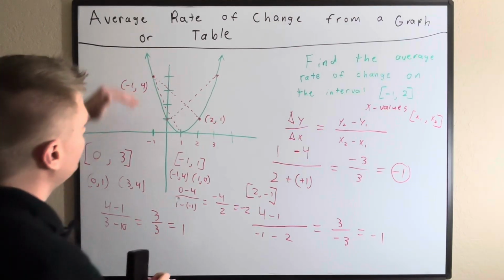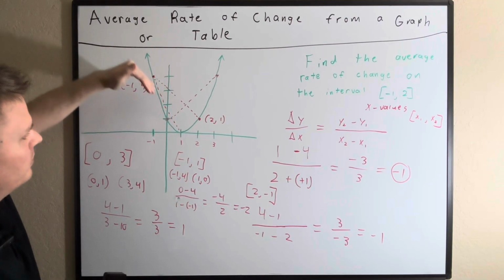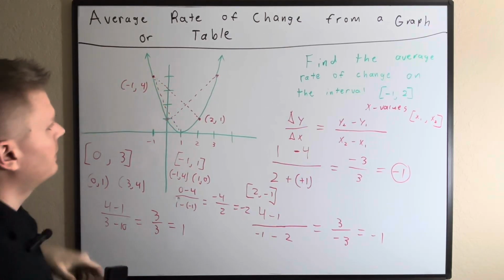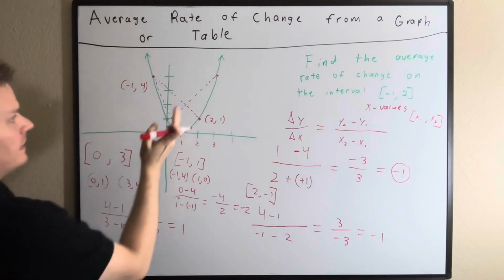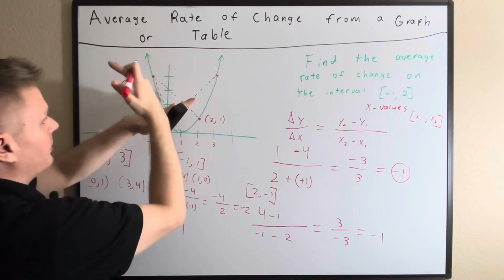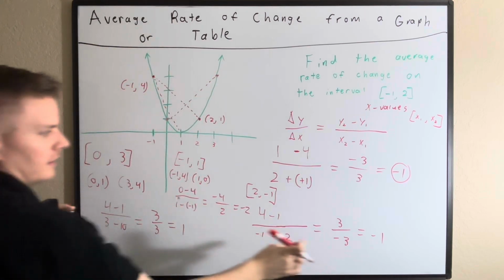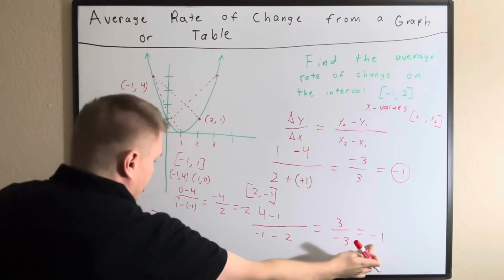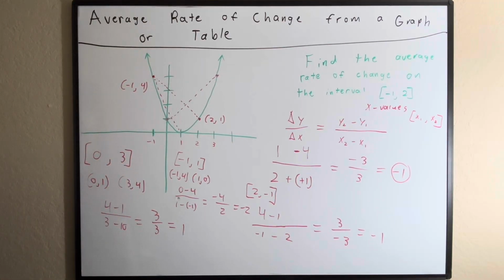So we're just finding the slope of that line that connects those 2 points. That's all we're doing. And these two lines here are perpendicular. Why? Because they're negative reciprocals of each other. The reciprocal of 1 is just 1. So